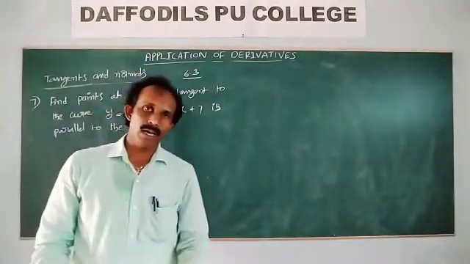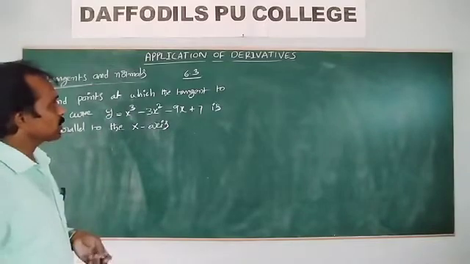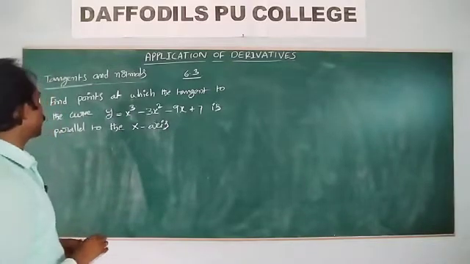Find the points at which the tangent to the curve